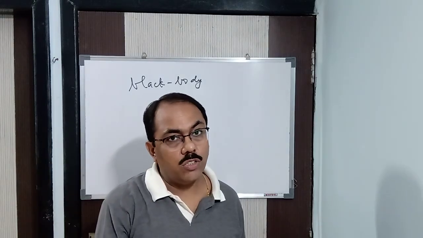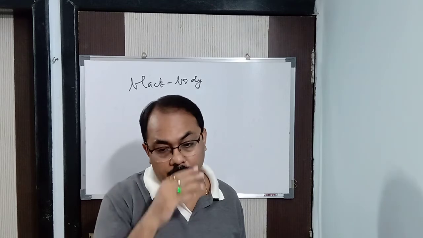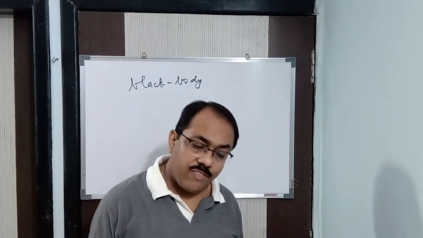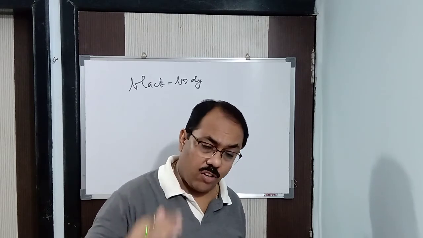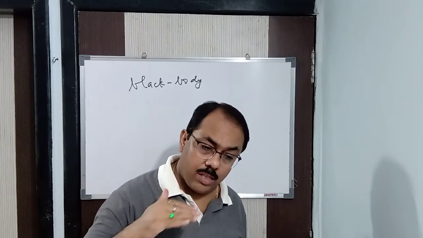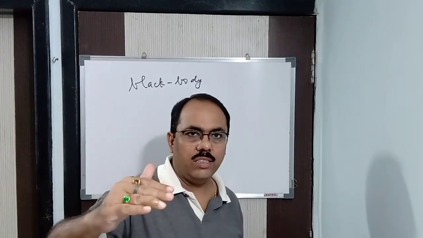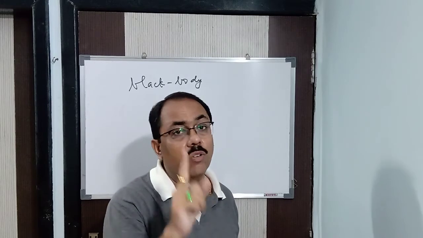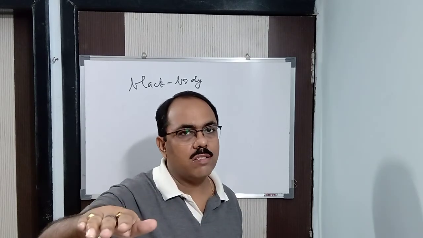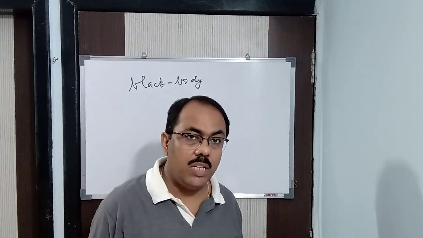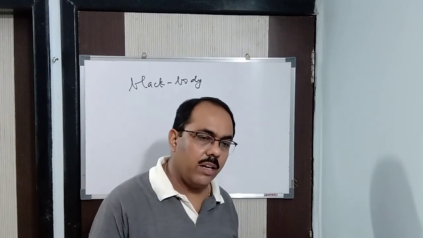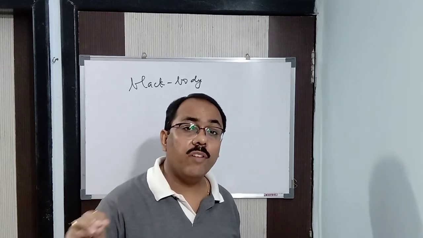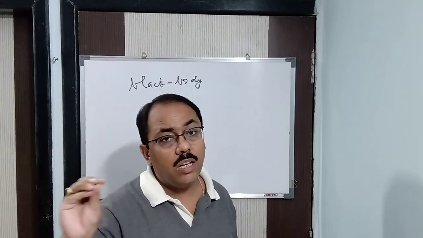Any object is the same. When you are heating a particular object, you might have seen it in the lab also, it appears red, then yellow. So there is a change in color. Listen carefully now: if the energy were emitted or absorbed continuously, then you would see only one color, not several colors. As there is a change in color, that means the electromagnetic radiation does not only depend upon intensity but also depends upon frequency. For that reason, there is a change in color.